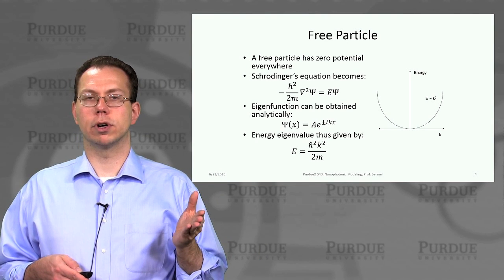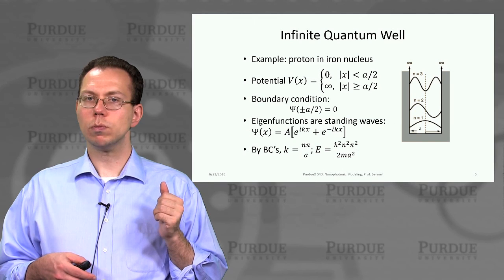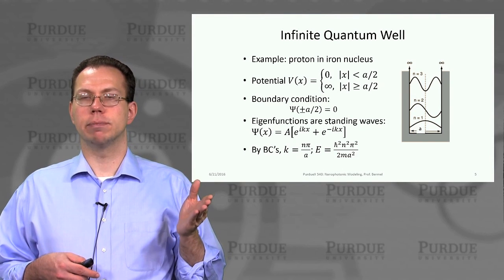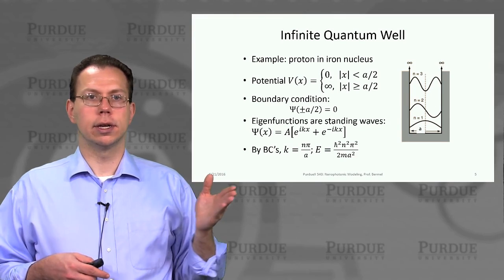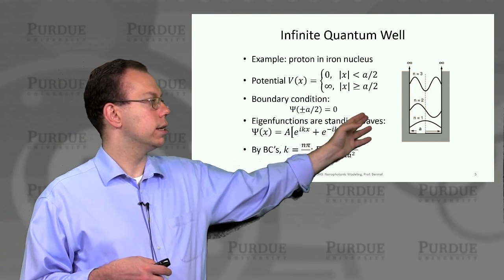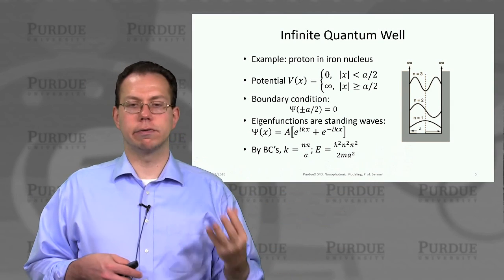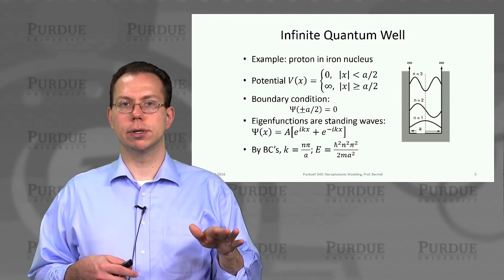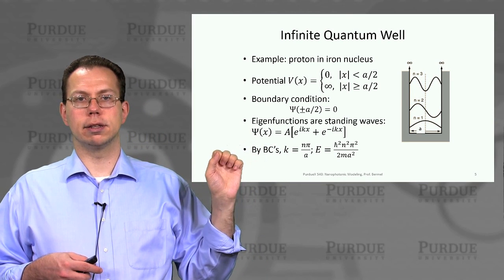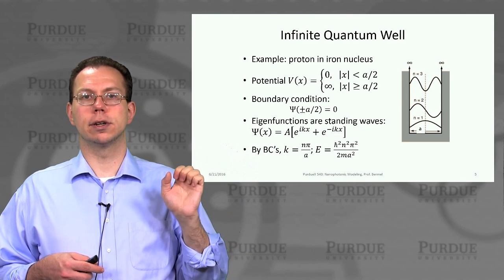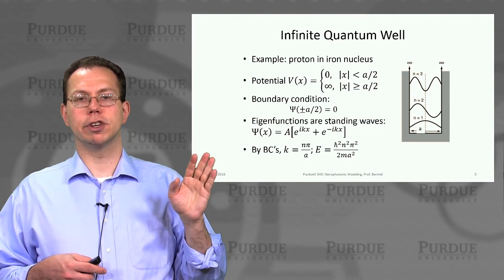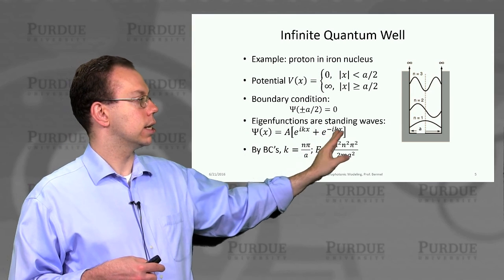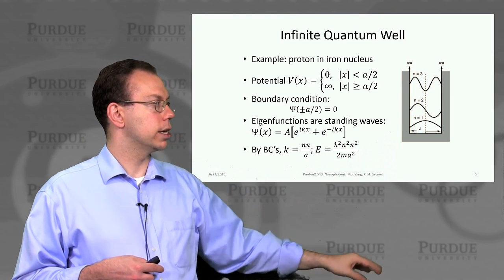And that's, of course, for free particles. If you put the particle in a well which was infinite, like say a proton in an iron nucleus, then you could basically say that within the radius of the iron nucleus there's no potential. It basically is stable, but then outside, the potential is infinite. Of course, this is a little bit of a simplification, but just to give you an idea of what's going on. So there's a boundary condition on both sides where psi goes to 0.